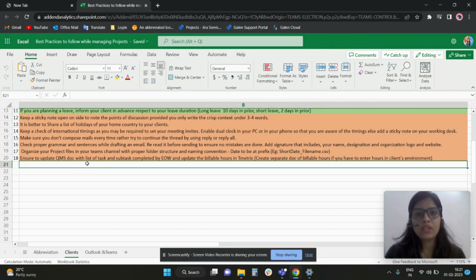So whenever I am in a call with my client, I generally use this and I make sure that whatever he's trying to say, I jot down all the necessary points, but ensuring that I just keep a crisp note. I don't have to write long paragraphs in the call. It just has to be very short so that you can then frame it and share with your clients